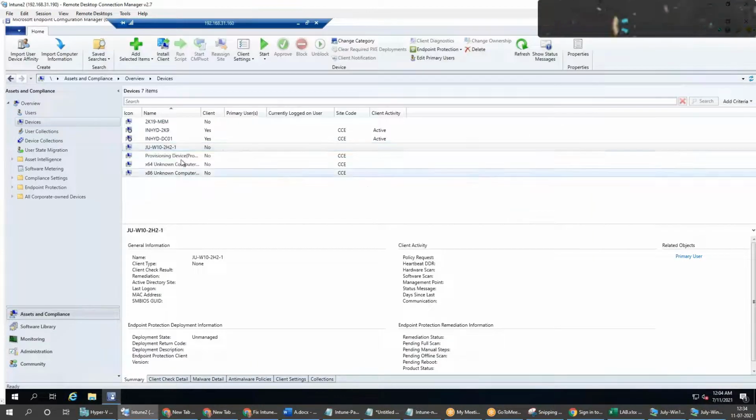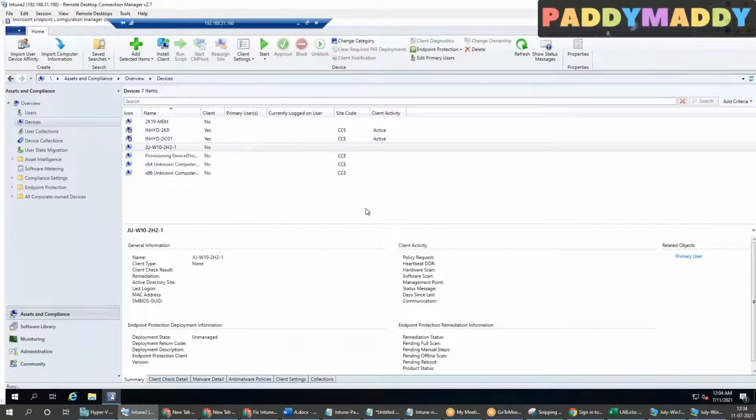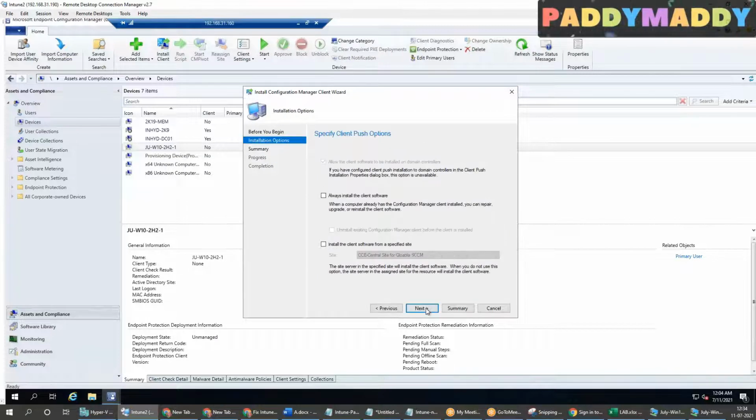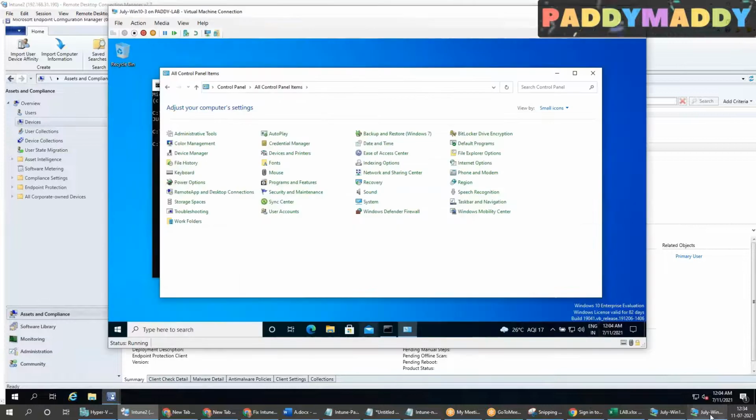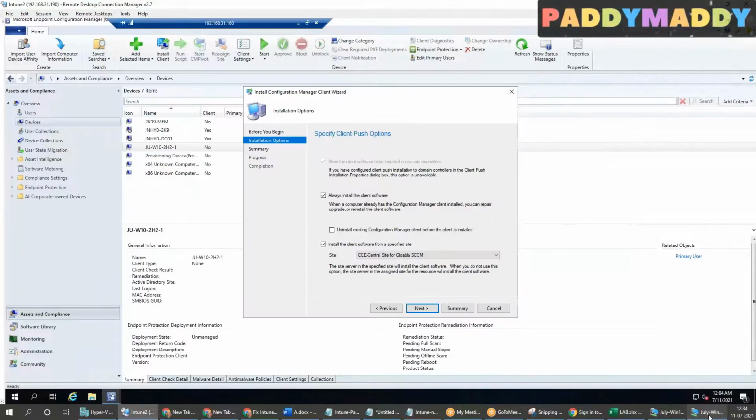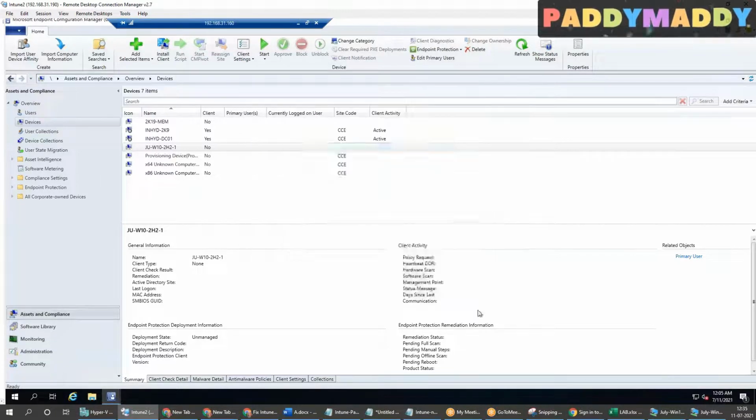Yeah, so this also does not have the SCCM client. So let's install the SCCM client on this machine. If everything is okay, I don't know. This time is okay. Okay, so we will get the SCCM client in a minute or so, and in between we can continue with